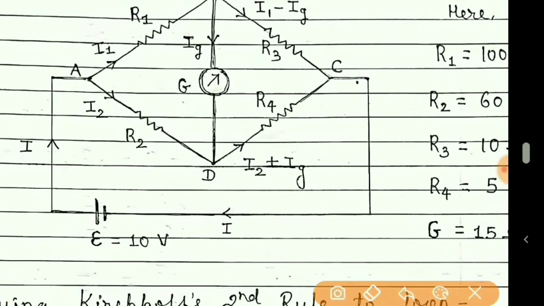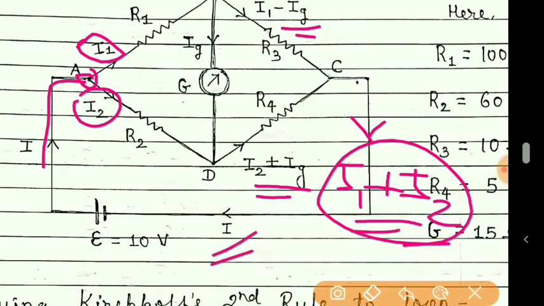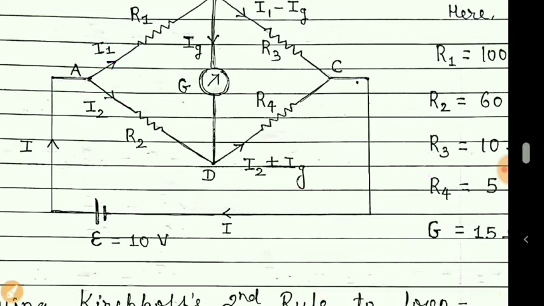Students, when you add these two, what will you obtain? Here you will obtain I1 plus I2. But what is I1 plus I2? You can see at this junction, I is nothing but I1 plus I2. So we can say that I1 plus I2 is nothing but I only. So I hope you understood the division of the current. Here that division is already given to us, so it is easy for us now.